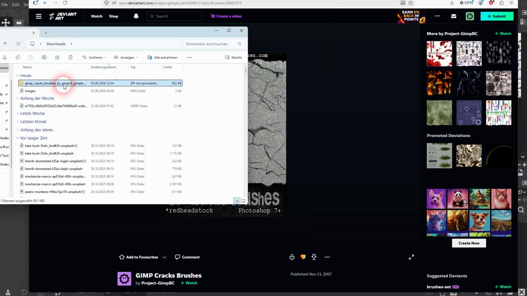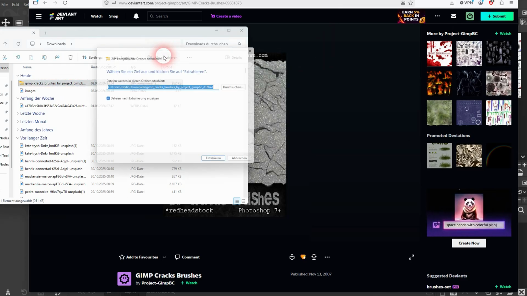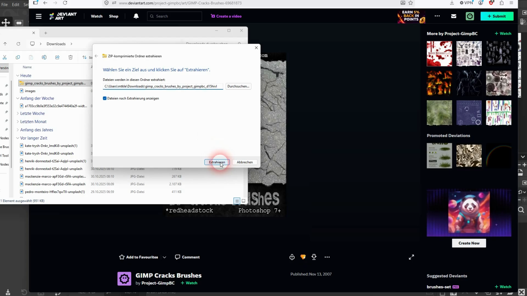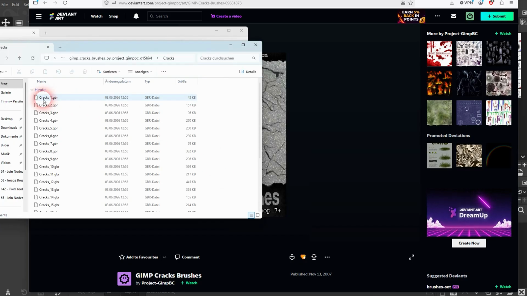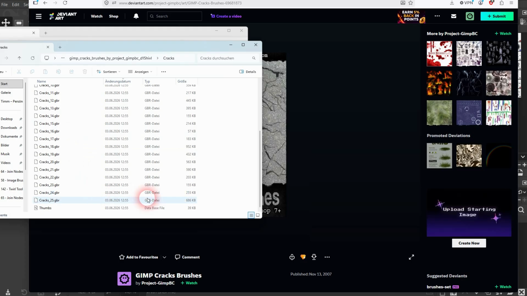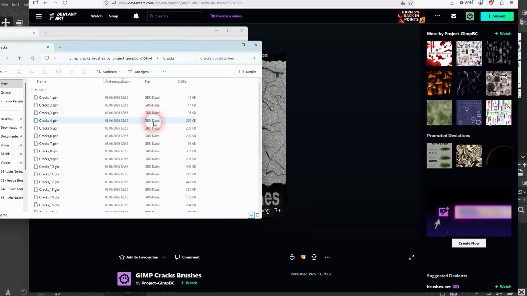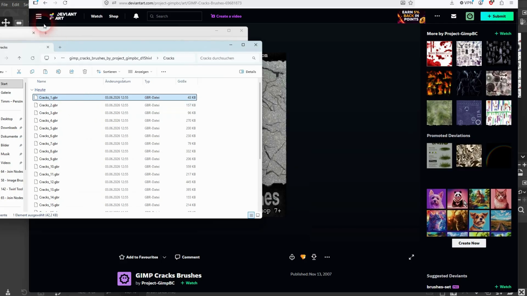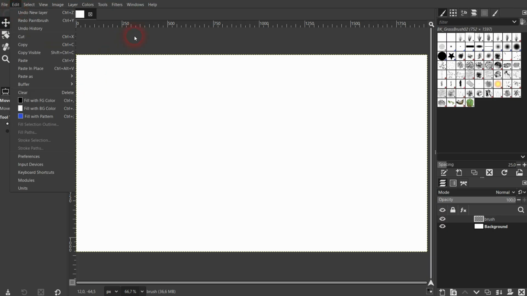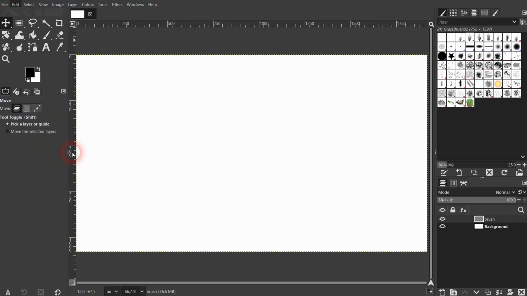Extract it, and then you should be able to find the GBR files. So GBR, that's what you need for GIMP. Let me just pick the first one here, cracks 1, and then right click and use copy. You can also press Ctrl C for that. And now we have to paste it into our brushes folder for GIMP, and you can find that under Edit,